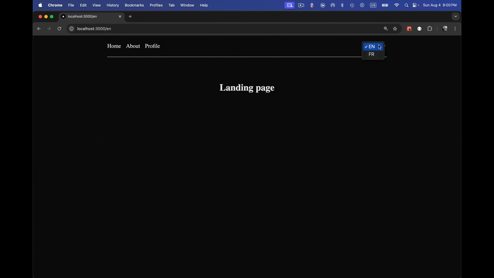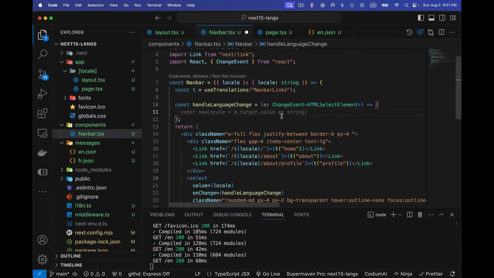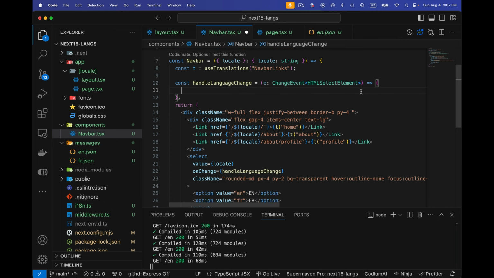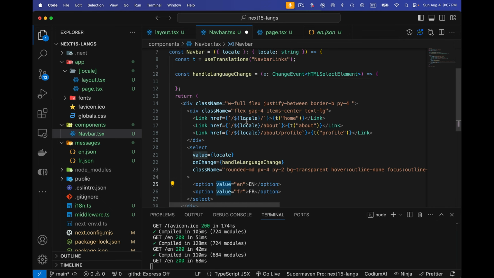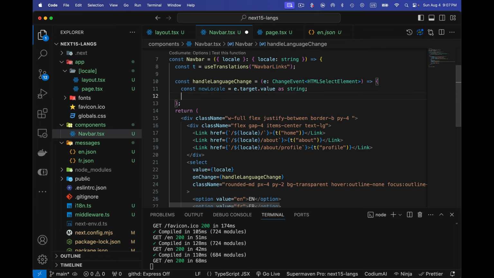All right, the UI is looking pretty good. And currently, if I change the language, it will not update the URL, because this is what I need to write inside this particular function. First of all, I can get the current selected value, which is coming from here, en or fr. So I can write const newLocale equals e.target.value as a string. Since our URL can have any number of params, like a nested dynamic URL, slash about slash product slash settings or slash 123,